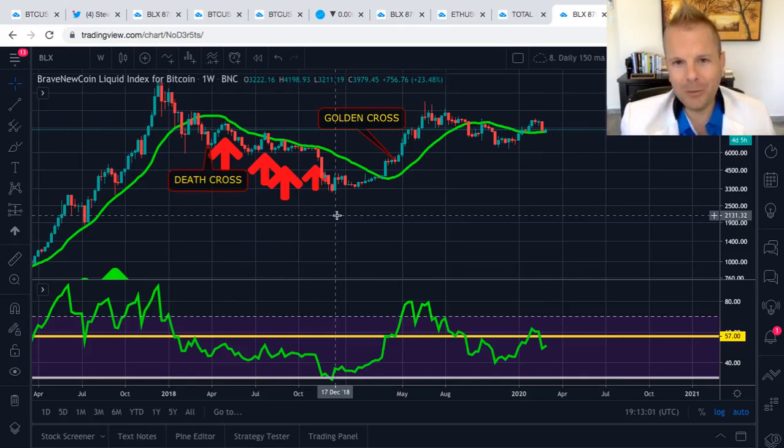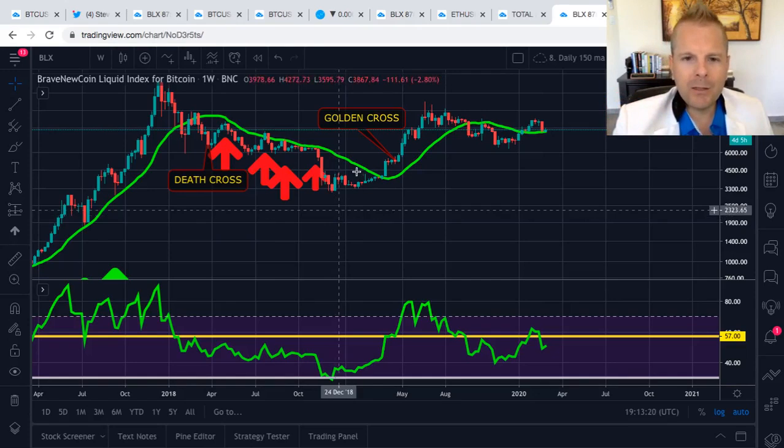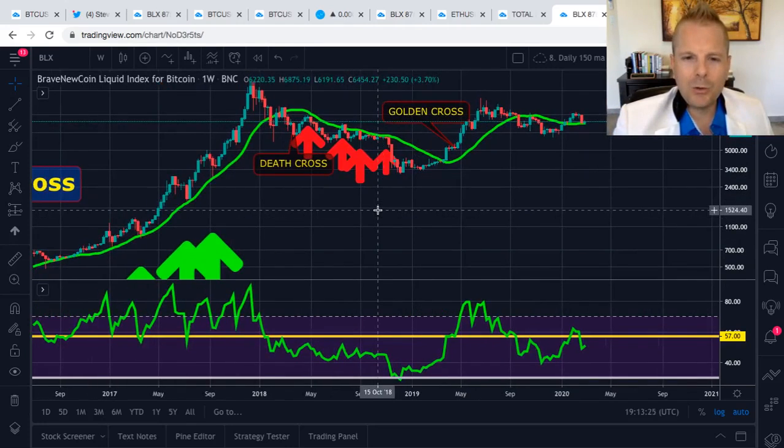It's there in green. But you can have a lot of different moving averages. You can have the 50-day, the 100-day, the 200-day. You can have the 50-week, the 200-week. There are so many different moving averages, and they impact Bitcoin in a different way, but this one impacts like no other. I'll show you how to find it on the daily or the weekly, but let's dig in to why